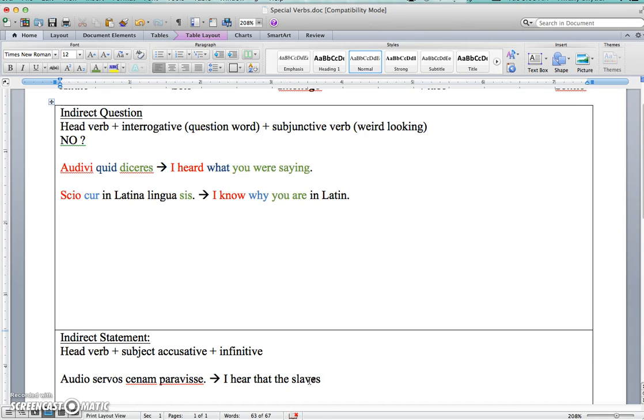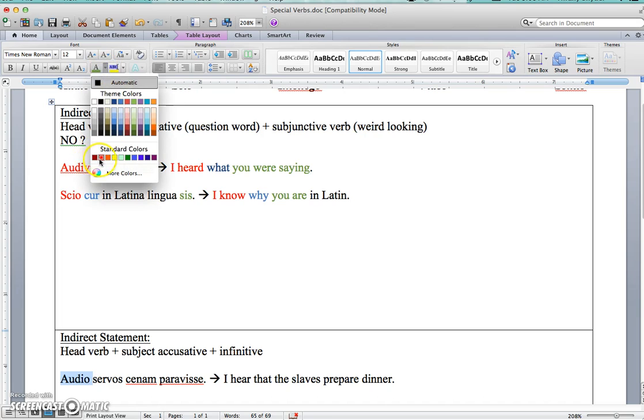hearing the slaves, so that's the accusative of hear, but then the slaves become the subject of the following verb, that the slaves prepare dinner. So notice that slaves becomes the subject of prepare. So it has that dual function, and that explains the double name, subject accusative. Okay? So if we were to just show you here,